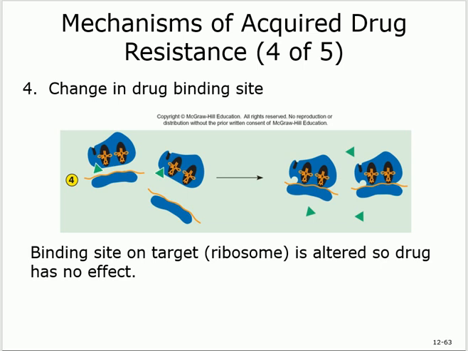How about this? What if I change my ribosomes, the way it looks, or the site that you bind to? If you're going to bind to this site, look at this, I have this site, and you are designed to go into this site, right? I'm going to change it so you cannot bind to it. So if you change like here, it becomes a circle. Look at this. Can you fit in here? No. So can you change the binding site? Yes. Instead of being triangular, so the medication can fit in, I'm going to make it like this on the ribosome. So when you come to the ribosome, you will not find what you're supposed to find, which is your binding site.